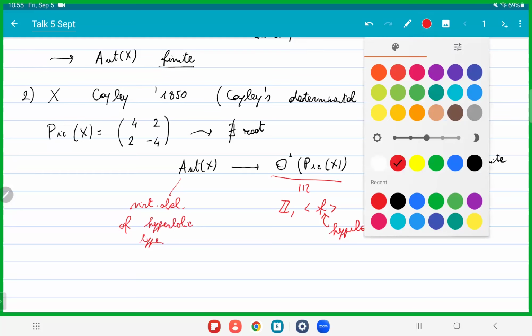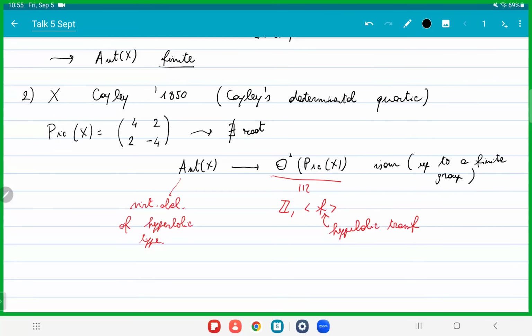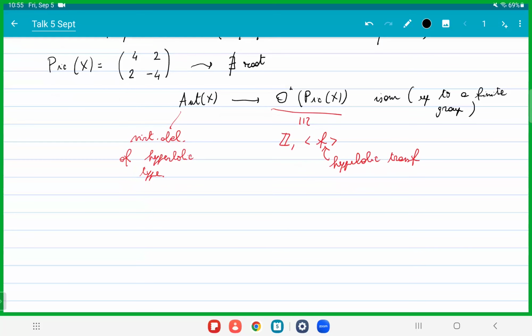And this is something that already Cayley knew. He was very surprised to find a quartic in P3 with an automorphism of infinite order, because you might know that if you consider surfaces of any degree in P3, and actually this works for hypersurfaces in general, their automorphism group is almost always finite. It can only be infinite in two cases, plane cubics and space quartics. So this was a huge discovery, and this example is still relevant today.